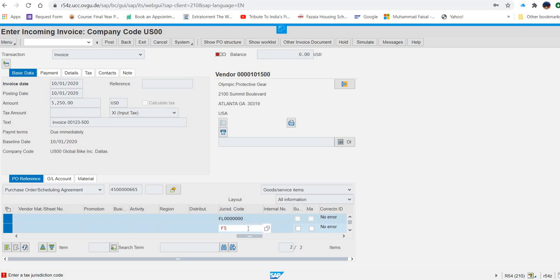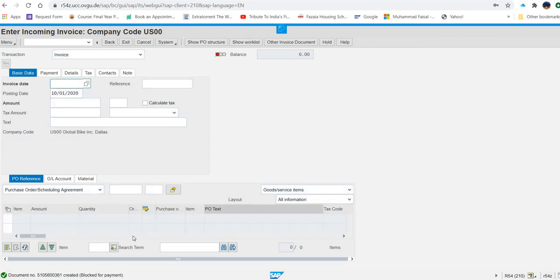This data is not mentioned in the exercise even, so this I actually found out. 7 zeros are there. So 1, 2, 3, 4, 5, 6. Let's put one more. So see, once I put the correct text code, you can see here the number has been generated.